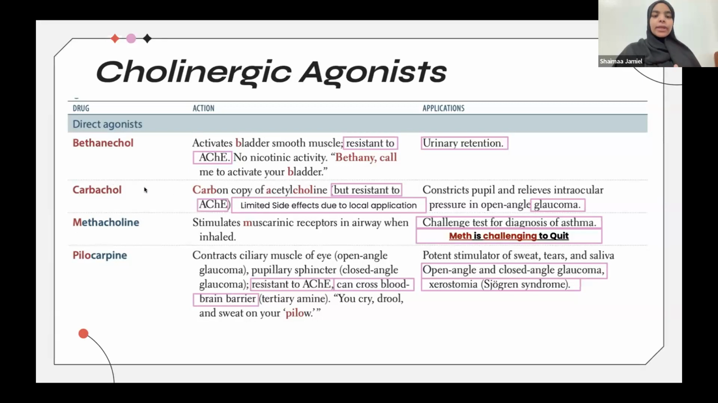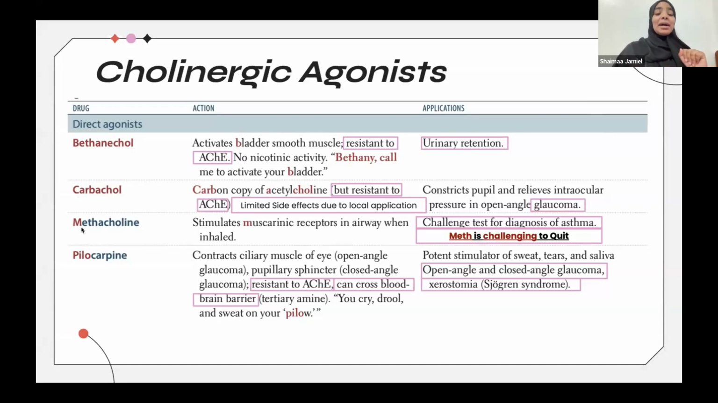Then we have carbachol. Carbachol is basically used in glaucoma, open angle glaucoma. So only when it's mild, not a very emergency glaucoma situation, but yeah. And since it's used topically in the eyes, it has very limited side effects because it's just in the eye, okay? Again, it's resistant to acetylcholinesterase. And when we say it's resistant to acetylcholinesterase, there are still other cholinesterases that can break them in the body, but specifically not acetylcholinesterase, okay? So bethanechol for urinary retention, carbachol for glaucoma,